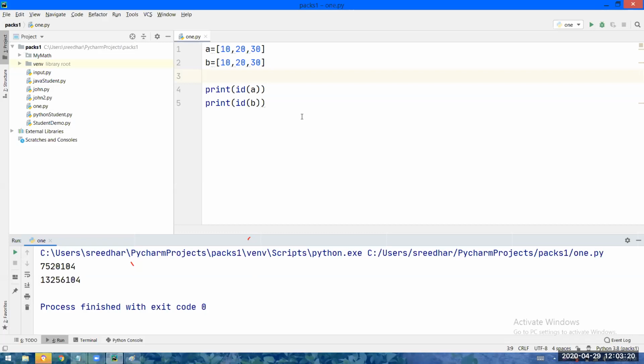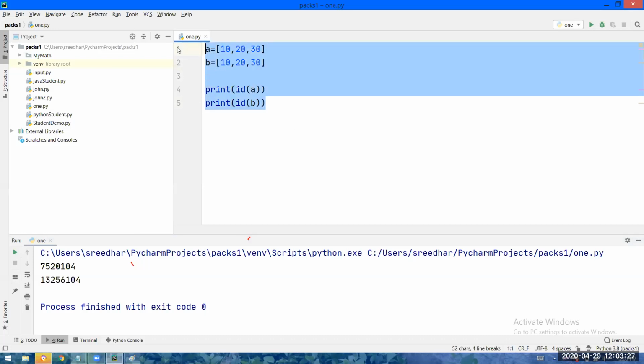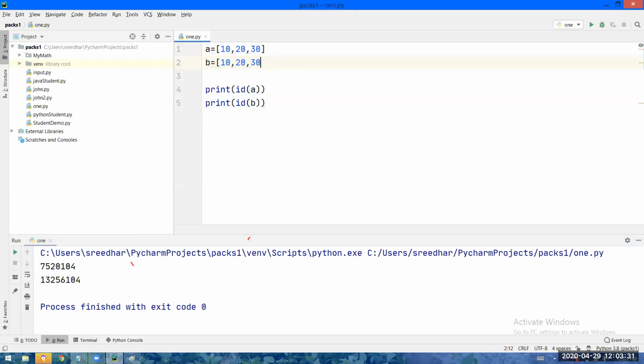See, while we are dealing with sequences, list is called a sequence, our principle will not be working. Only with the individual entities, our principle will be working. I will tell you the sequences later: list, set, tuple, dictionary. So why did I tell this point? Someone asked, what is the purpose of ID?